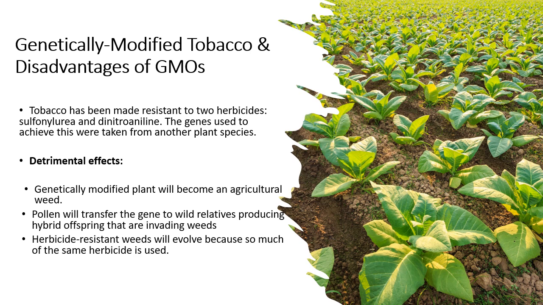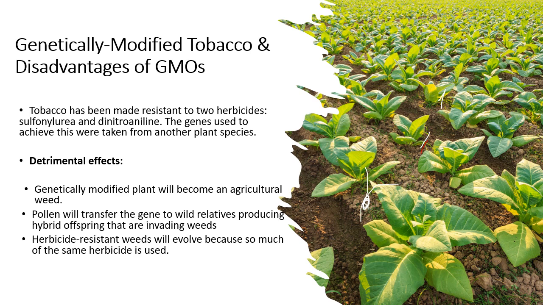You can also have genetically modified tobacco, and tobacco has been made resistant to two herbicides in particular. You don't need to know their names, but basically what this means is that when people grow tobacco, and if you look here in the picture, you can see that these are nice tobacco plants that have been grown. I'm just going to use a white pen this time, and you can't see any competing weeds in between. Sometimes without herbicides, you might find that there's a different plant growing somewhere here, and it is stealing nutrients from the tobacco plants next to it. But that doesn't happen if you're able to genetically modify the tobacco, make it resistant to the herbicide, and then spray the entire area with herbicides so that no weeds can grow and the tobacco plant can also survive.